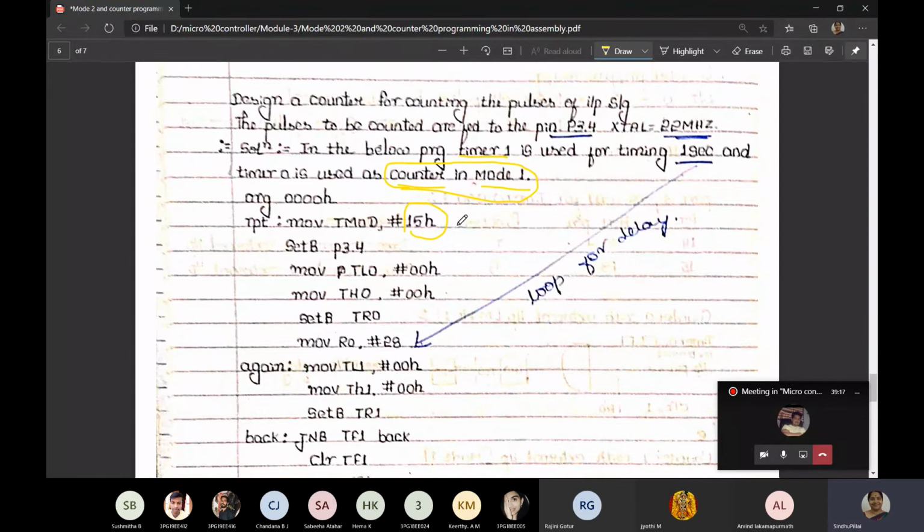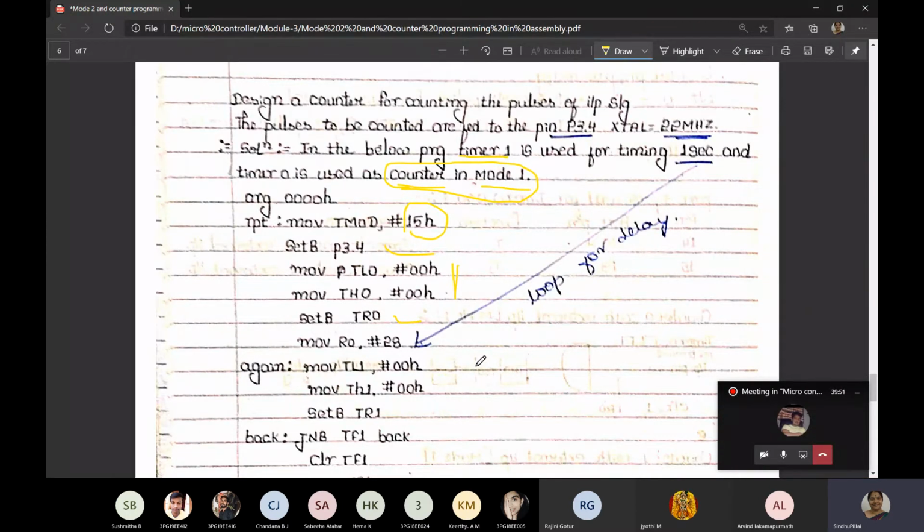So first we have to set P3.0. So the count will start from 0 0. Assume 0 0. Okay, TL0 and TH0, now they are counters. Getting it? So we are initializing it with the 0 0 values. Next we have to run the counter. So set TR0. It should run for how much? It should run for 1 second. So the 28 value is filled here. It is just a value taken, 28, just to indicate that delay.